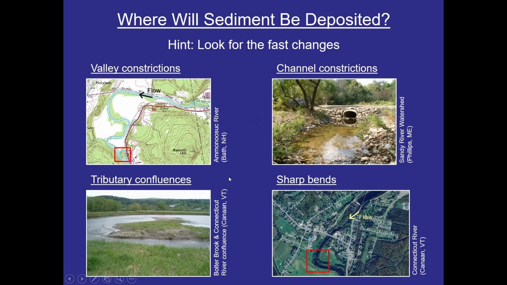Tributary confluences are a typical place to find sediment accumulating, not only the sediment building out from the tributary itself, but this tributary and the sediment building out is creating kind of a constriction, and we can deposit sediment upstream of the tributary. If you had a dam removal upstream, you'd be looking for these tributaries and the potential for excess sediment to accumulate. Finally, you want to look for sharp bends.